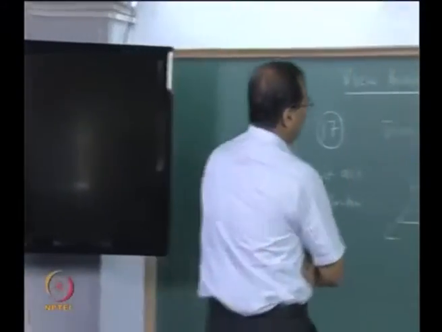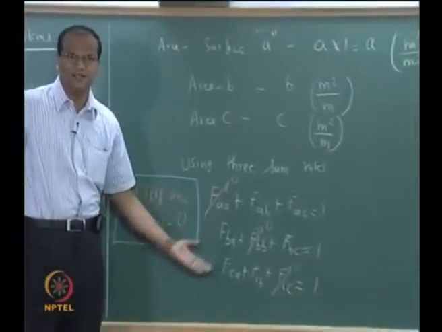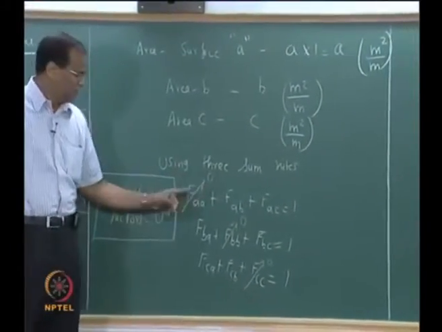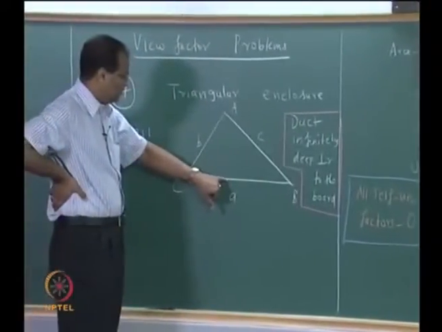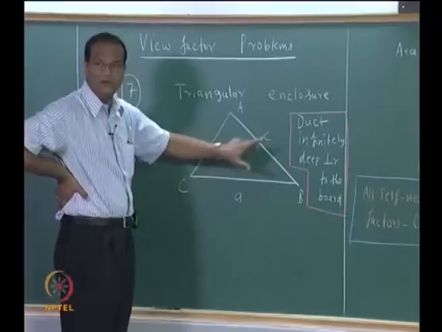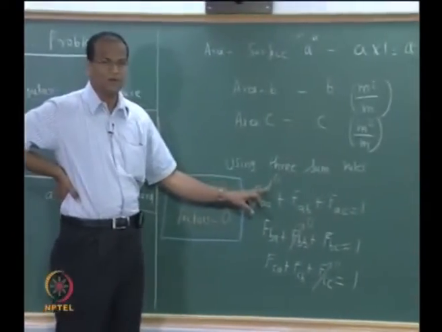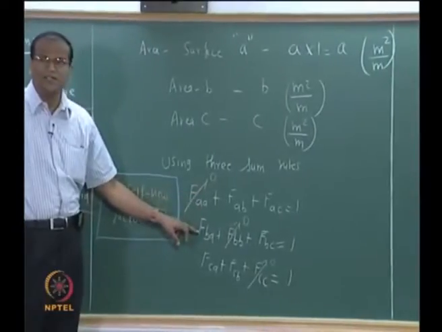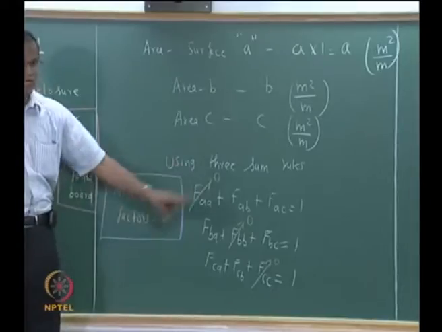Okay. Now I start solving this problem by first writing the 3 summation or sum rules. I apply the sum rule for the surface A, f of a to a plus f of a to b plus f of a to c equal to 1. It is a plane surface, therefore f a a equal to 0. By the same token I can write down the summation rules for surface B as well as for surface C. So totally